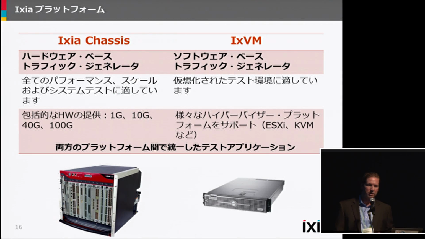This next slide shows that many people know Ixia as being a hardware-based product. And this is true for more than 15 years. We have products that are built based on FPGA for wire rate packet generation, as well as multi-core CPU for protocol emulation. So we still have this and are the industry leader in 1 gigabit, 10 gigabit, 40 gigabit, 100 gigabit, all available today. What many people don't know, and it's becoming much more popular now, much more important now,